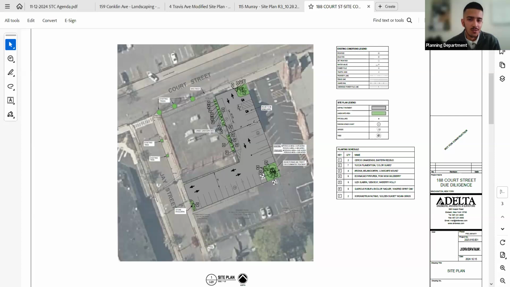That was the issue they brought forth, and the commission unfortunately didn't really tell the applicant to find another way, or that they have to provide that landscaping island in the middle of the parking lot. So this was ideally the plan that was approved by the planning commission and the zoning board. I'm sorry, go ahead.